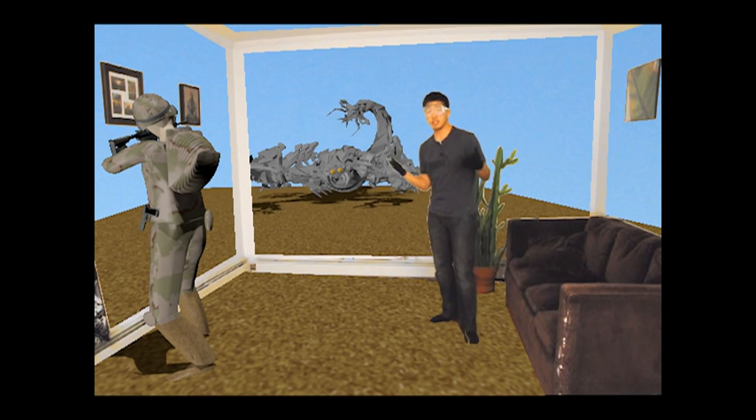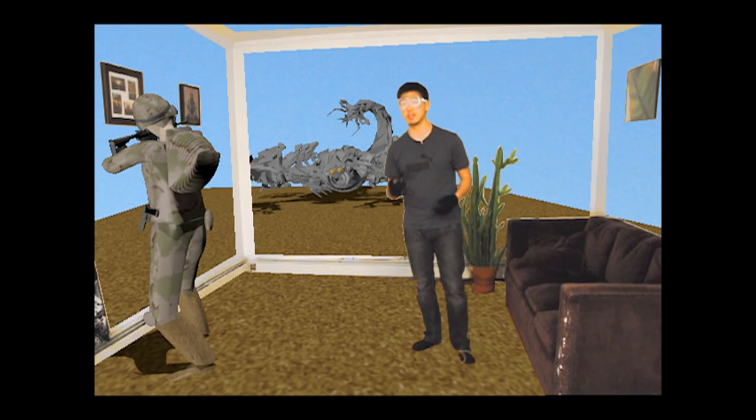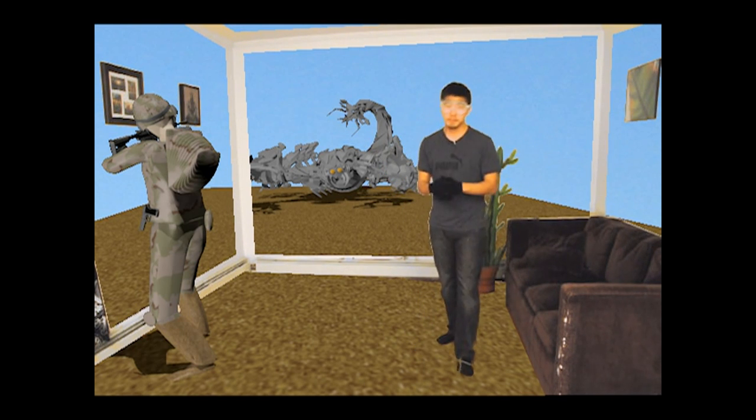Now, this technology obviously isn't just limited to crazy Hollywood blockbusters. You could use it for a wide variety of media. Whether that be news shows or sitcoms or romantic comedies or educational programming or whatever.